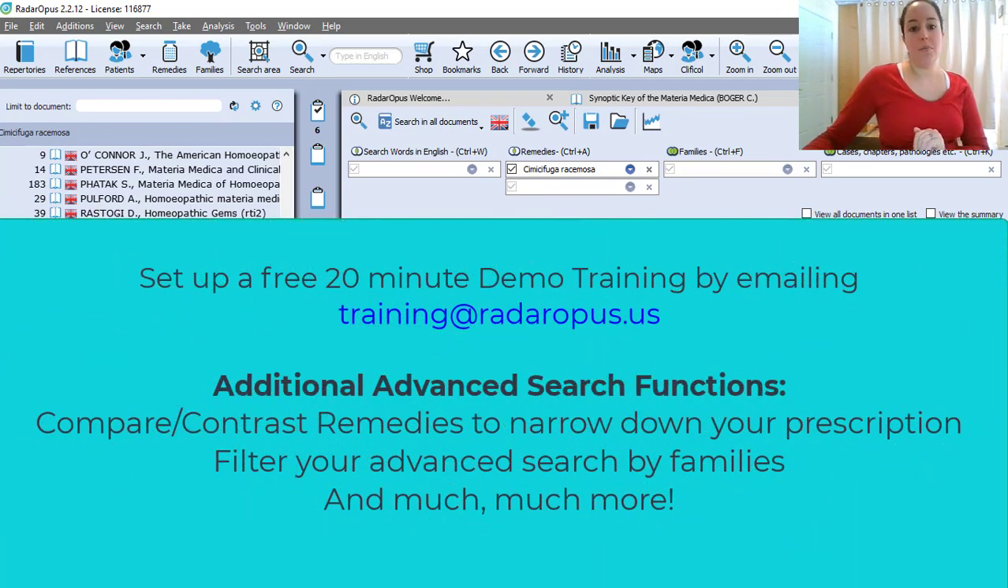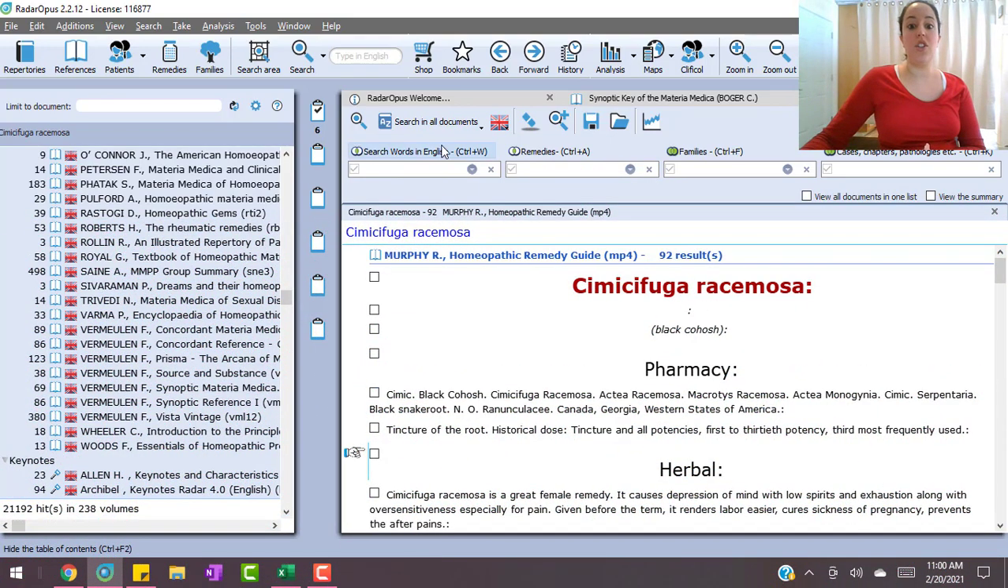Okay. So there are a few more fancy tricks that you can do with advanced search, but I don't want to overwhelm you. And so I just really encourage you guys to start using this advanced search because it is so incredibly helpful, especially if you're new to homeopathy or you're new to the program and you're learning the language of the repertory. Just remember that you can always either search a word, multiple words, you can search and study a remedy,